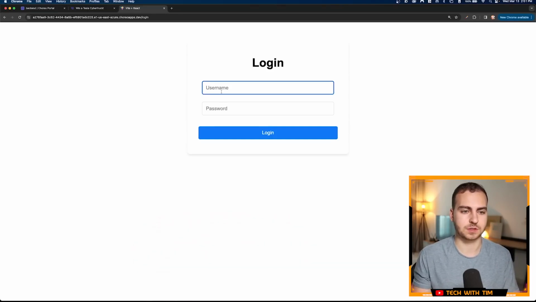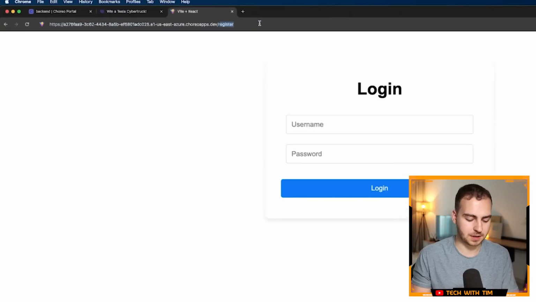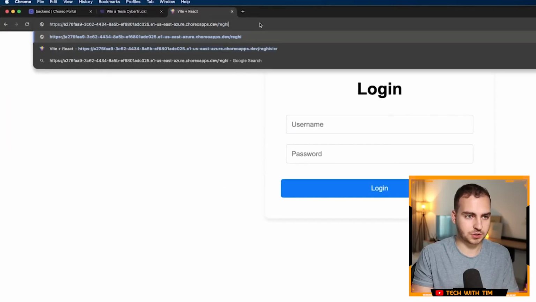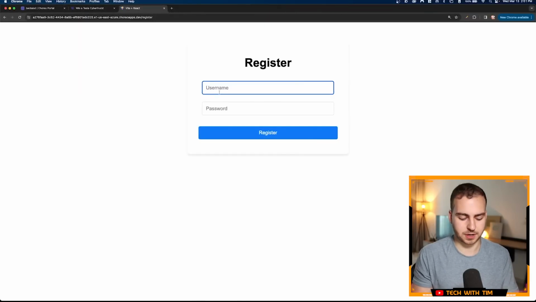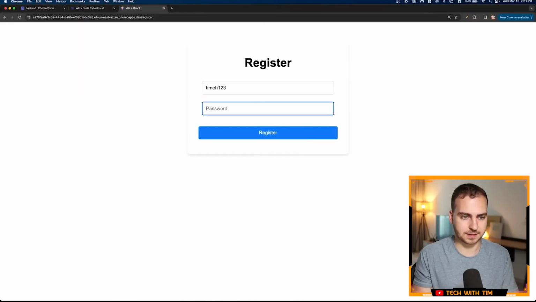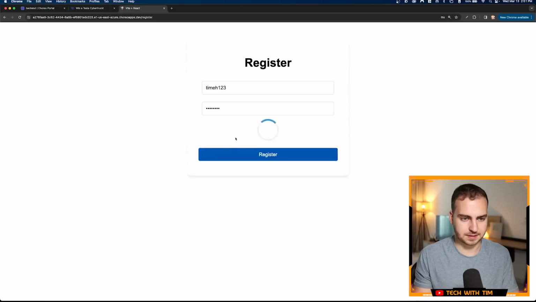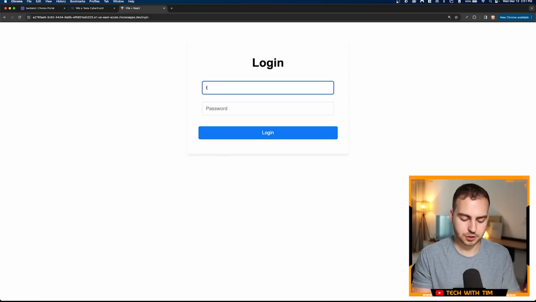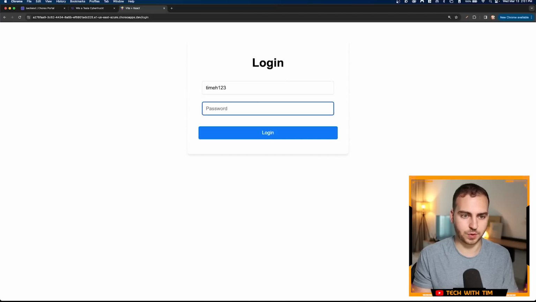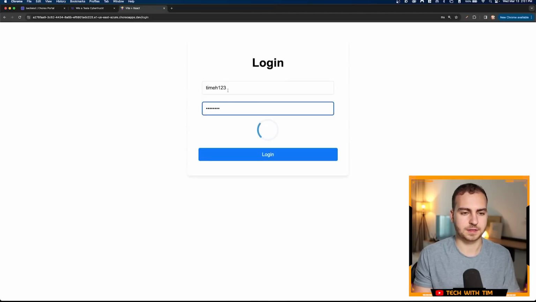First, let's have a look at how this works. So you can see that we have a login page. We also have a register page. If I go here, I can start by registering a new account. So I can do something like Time123. Let's set a password. We're going to wait a second for it to load, and then we can log into this account and you'll see the main functionality that we've implemented. So now that we're registered, let's log in. Okay, wait for that to load, and then it will bring us to a page where we'll be able to